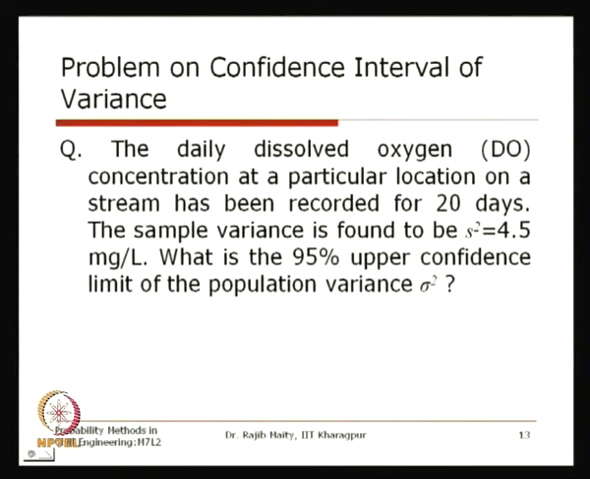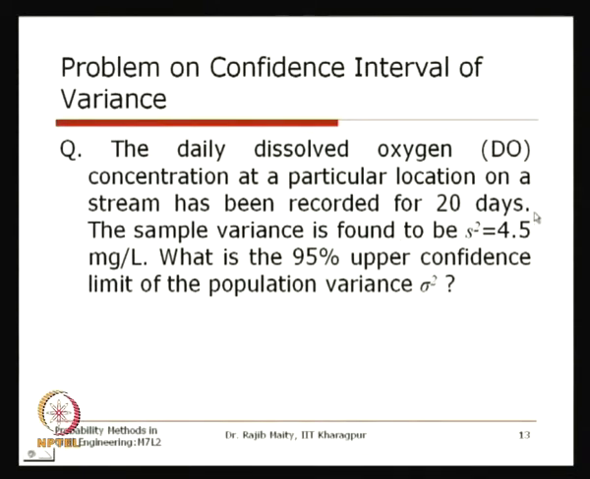We will take one example with this, that is the daily dissolved oxygen (DO) concentration at a particular location on a stream has been recorded for 20 days. The sample variance is found to be s² = 4.5 milligram per liter. What is the 95% upper confidence limit of the population variance σ²? So, the sample is known. From the sample we have estimated the variance, and that estimation is 4.5 milligram per liter,